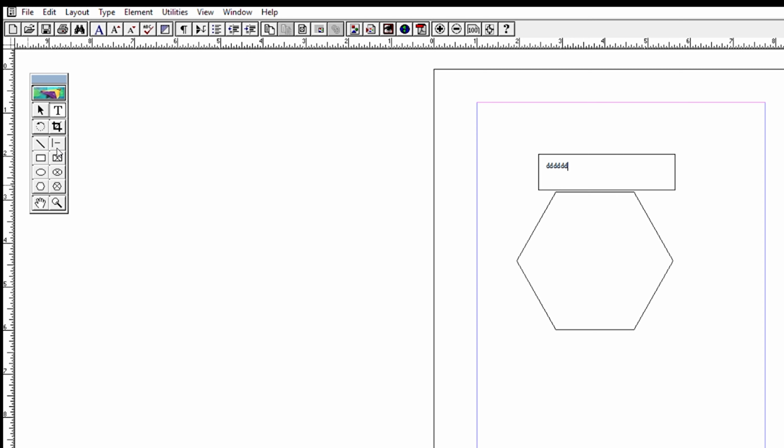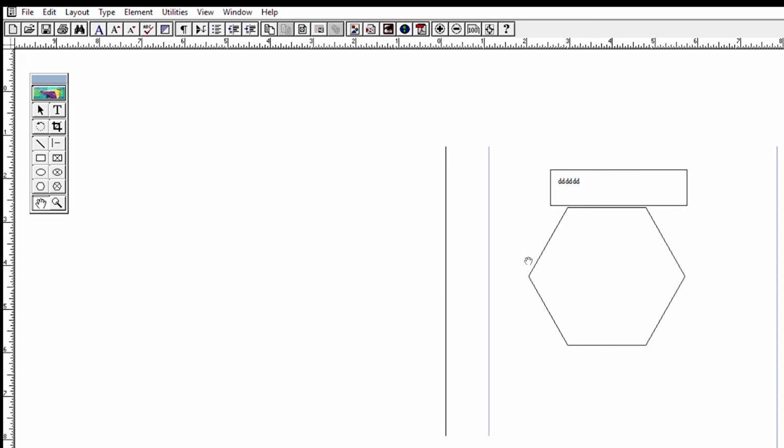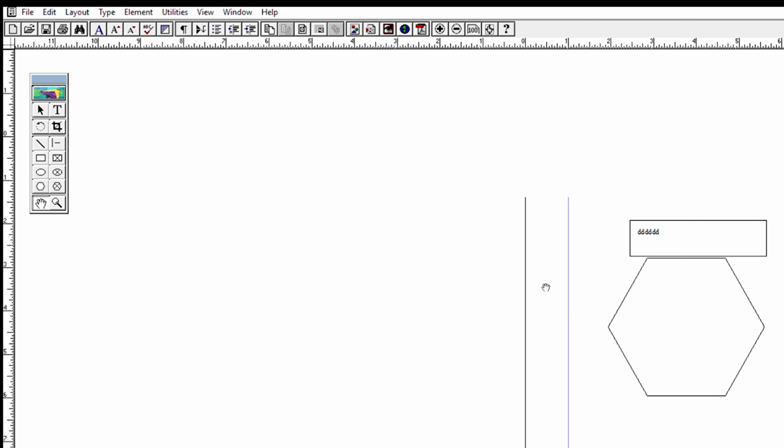Okay. Then next one is hand tool. Here can you find a hand symbol? This is the hand tool. This is used to scroll the page. Alternatively, here we have scrolls, right? Other than this, if you click this hand tool, you can just move the page like this. Understood? Hand is used to scroll the page.